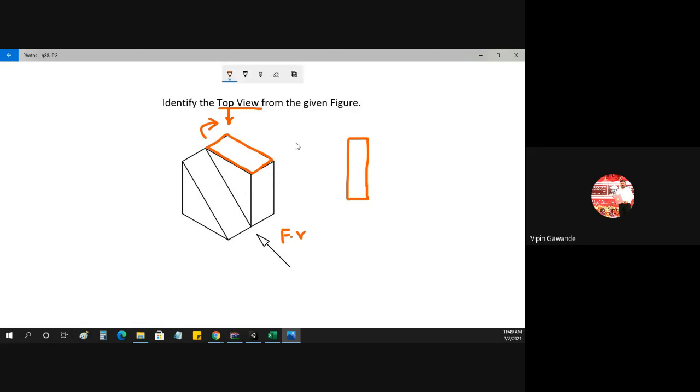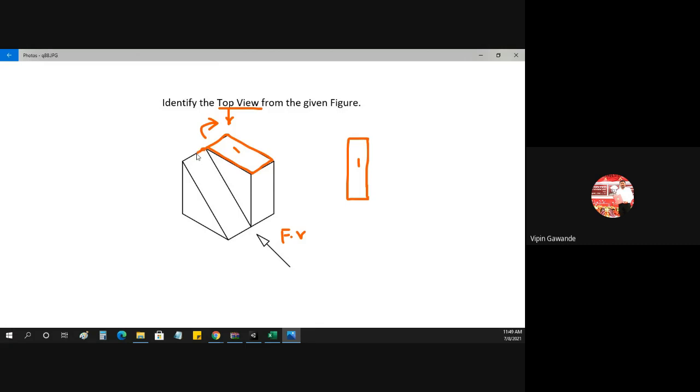If you rotate this one, or you just imagine the observer is here, you make it vertical. This is a vertical rectangle. Now the second rectangle; this is the first rectangle. So we have drawn this as the first. We have made this vertical. This line is here. This line is here. Now this vertical line is here, and the bottom line is here. So I have just rotated the surface in the direction of the arrow. To get the top view, you have to rotate the horizontal surface in the direction of the arrow.